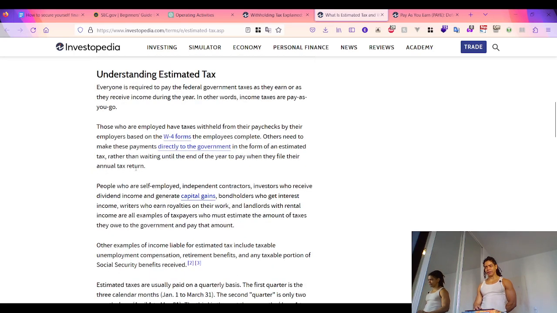Understanding estimated tax. Everyone is required to pay federal taxes as they earn or receive income during the year. In other words, income taxes are pay-as-you-go. Those who are employed